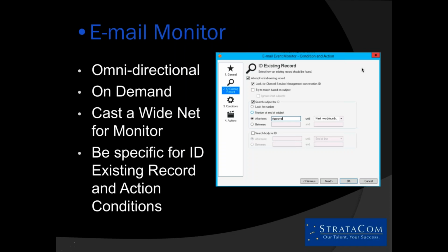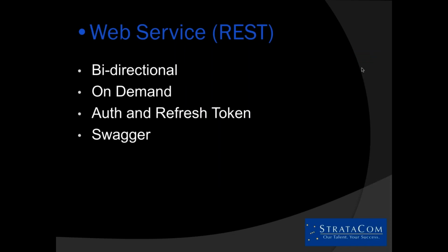So, email monitors, and I'll take a step back. I know that REST and web services is a large topic in terms of its broadness, so I purposely left this in a very general state. I was hoping for audience participation in terms of the way that you're using REST and what kinds of questions you might have, because from a best practice standpoint, there are things where you can actually